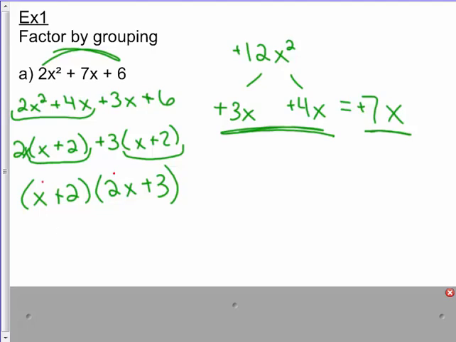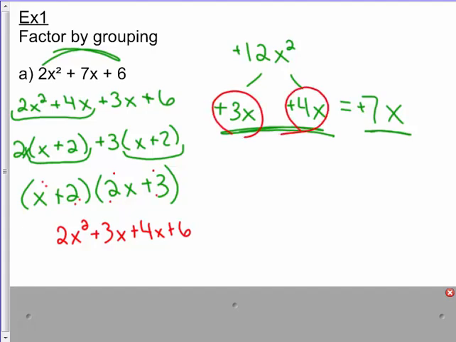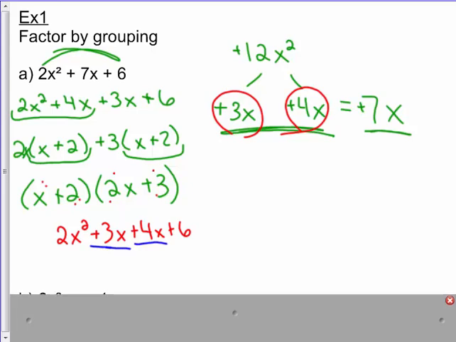I can go and check my answers by multiplying. So x times 2x, 2x squared. x times 3 is 3x. 2 times 2x is 4x. And 2 times 3 is 6. Notice my 3x and 4x are the same. Those are my two middle terms that I add together, 3x and 4x here. And when I multiply them together, my final answer, 2x squared plus 7x plus 6, yeah, that's what I